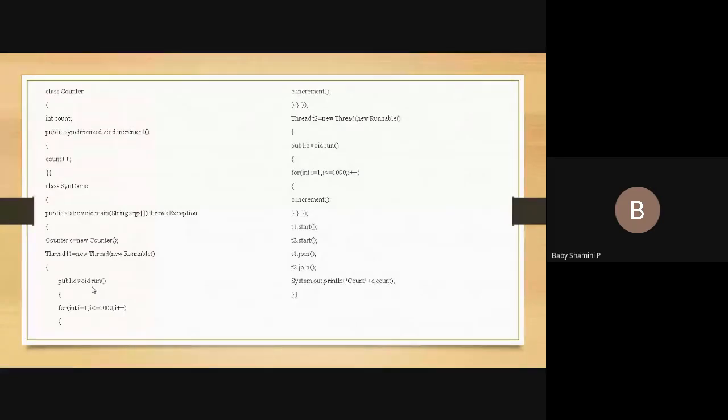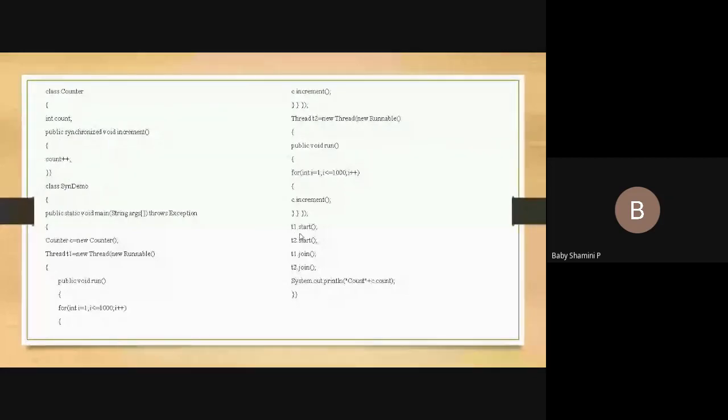So here we are overriding the run method which is present in the parent class, that is Thread. We need to follow public void run. We cannot use the synchronized keyword in the run method. For that only, we are using a separate class for the counter and implementing the operation. Okay, coming to the point.